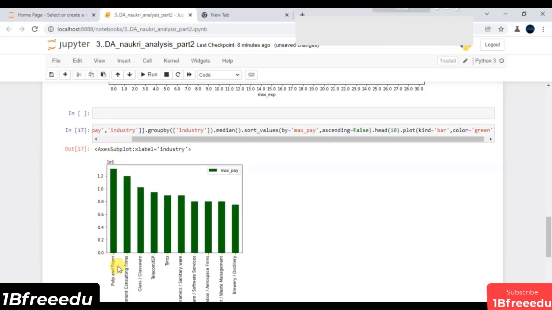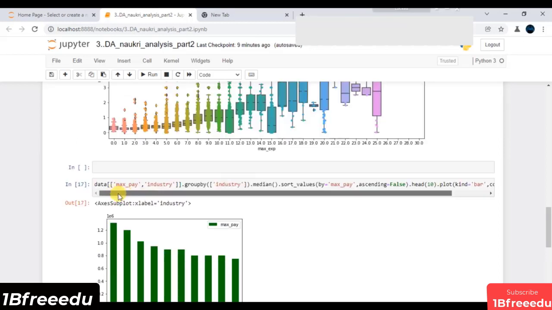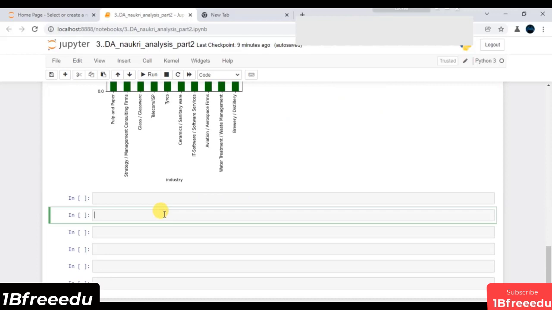Now you will see with respect to pulp and paper, you have your maximum pay, or you can say your maximum median pay. These are my top 10 industries that have maximum median pay. In a similar way, I can also come up with some more conclusions using a similar block of code. And after doing just some basic manipulation,